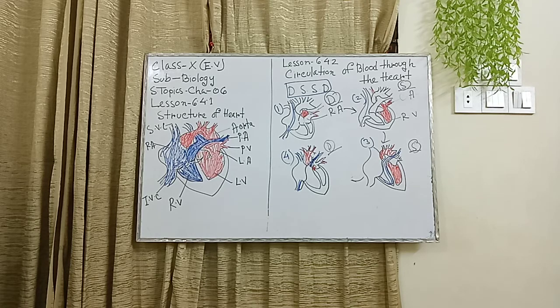When the two ventricles contract, deoxygenated blood from the right ventricle passes through the pulmonary artery towards the lungs. Here the blood becomes purified. At the same time, the oxygenated blood leaves the left ventricle through the aorta towards the body, and the opening of both the arteries are closed by the semilunar valves, which prevent blood from returning into the ventricle. Thus, successive contraction and relaxation of atrium and ventricle help in continuous transportation of blood.